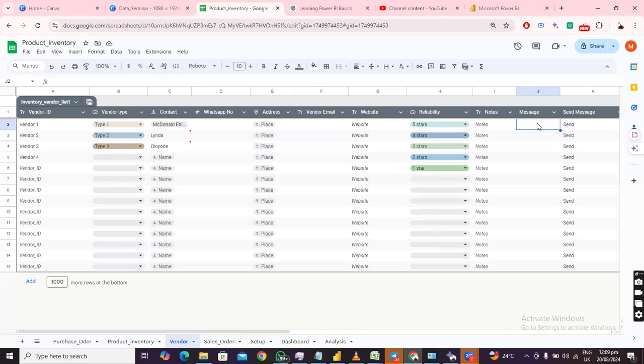Let's assume now I want to order from vendor 1. I've already put everything, and now I said equal to, now because it's a dynamic message, I'll put it in double quote, which is this, and I say, hi, comma, then I want it to pick the vendor's name from here. Whatever name is here, I want it to pick it. So I'm going to set